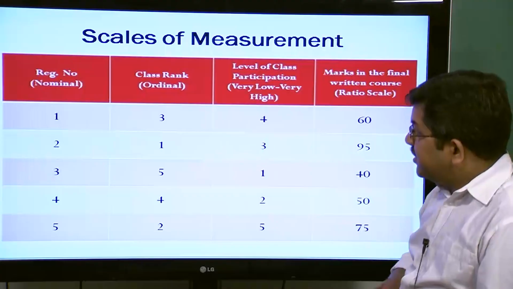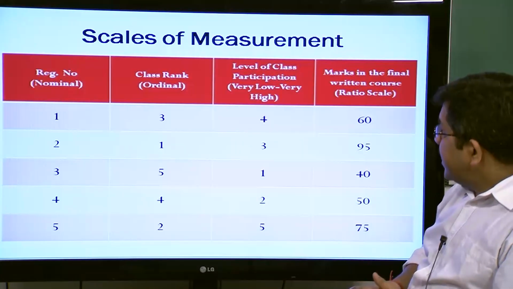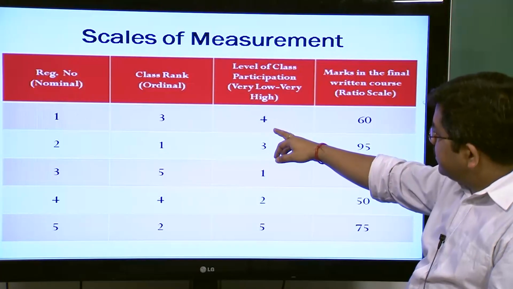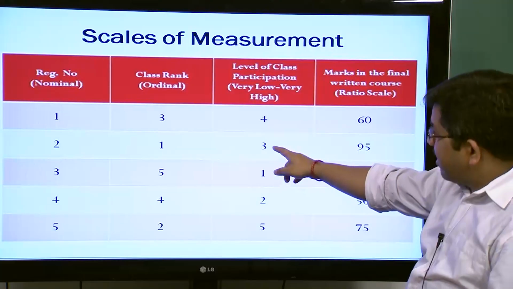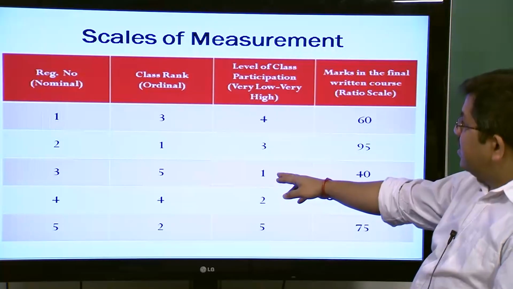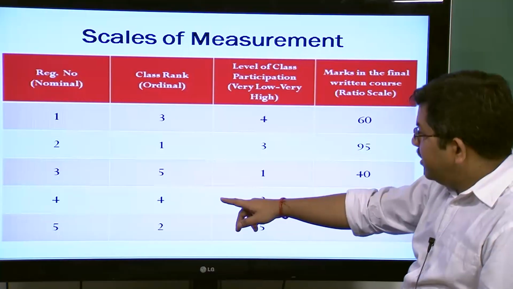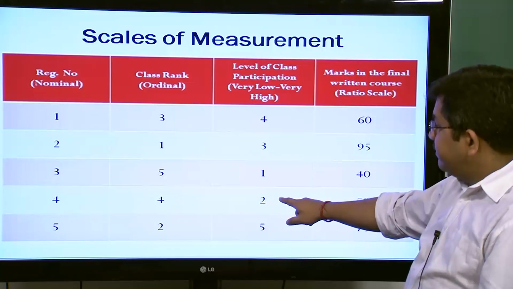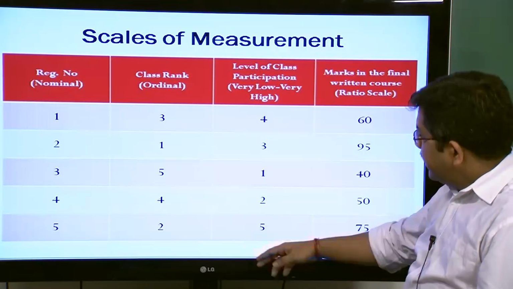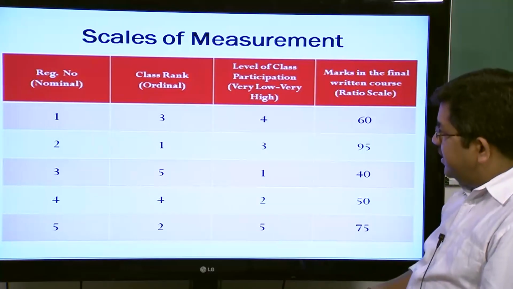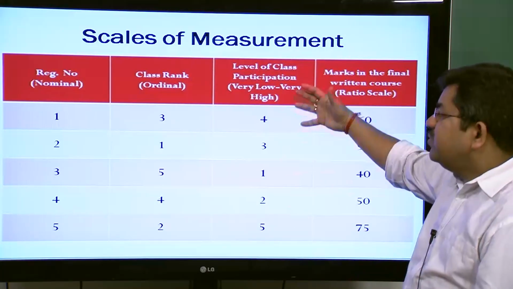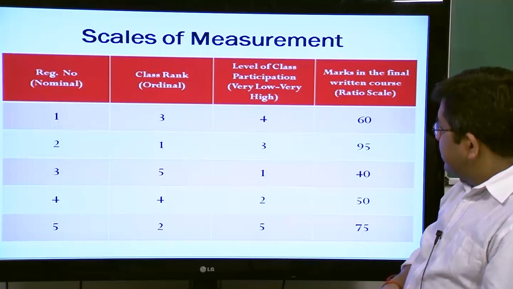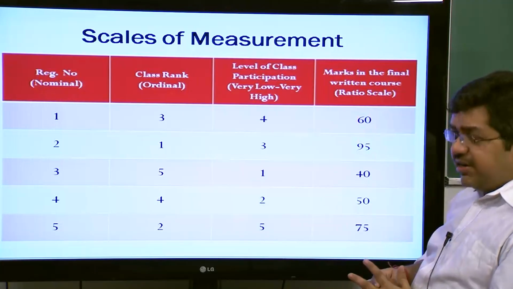So, now you see that the student with registration number 1 has a high class participation, and student 2 has an average class participation, student 3 has very low class participation, student 4 has a low class participation, and then student 5 has a very high class participation. So, you can see that it is an interval scale, and then the last is the ratio scale,